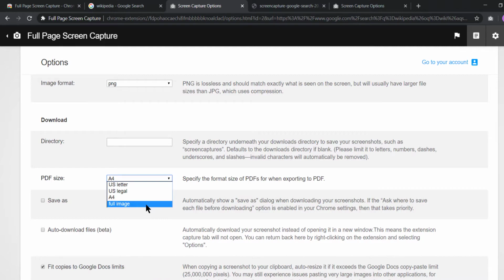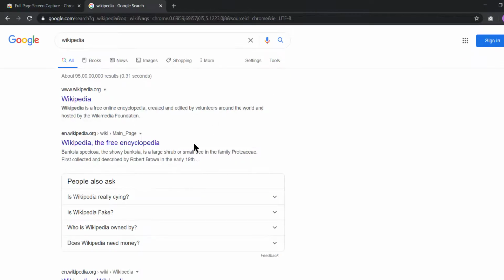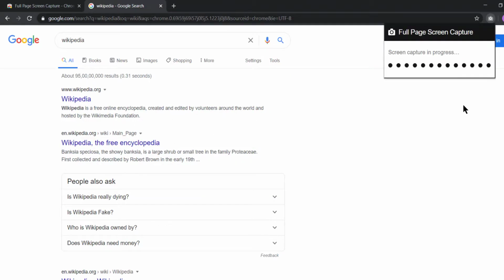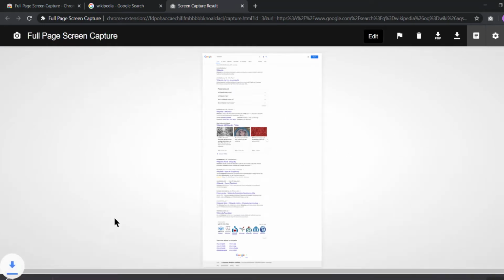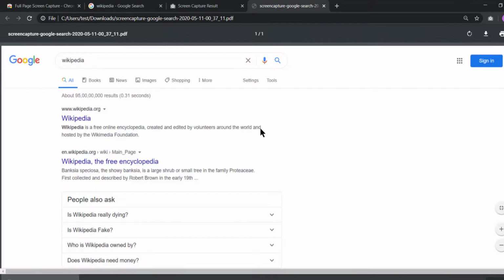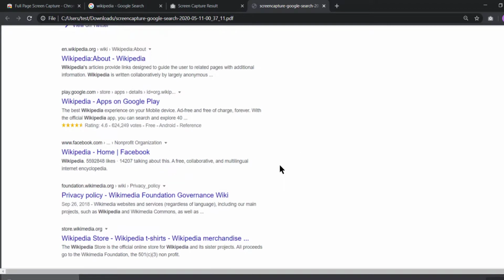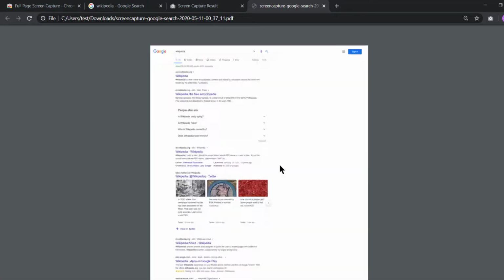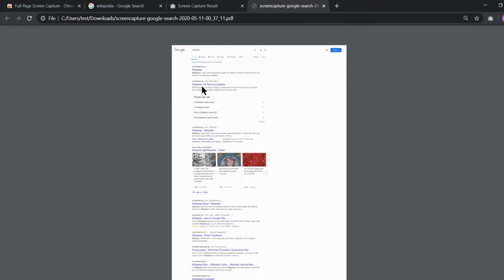So this is the full image, wherein the full image gets converted to the PDF. Closing these pages and taking the screenshot again. And now if we see converting into PDF, it should give us a complete image. And yes, it has given us a complete image. So now what basically happens is it is just one big file which is a PDF, right? So when we try printing it,